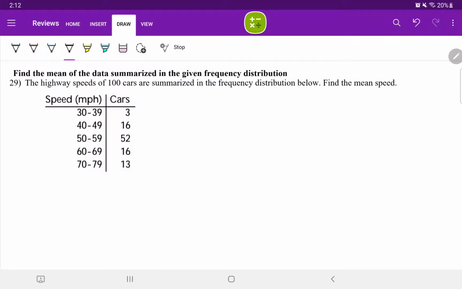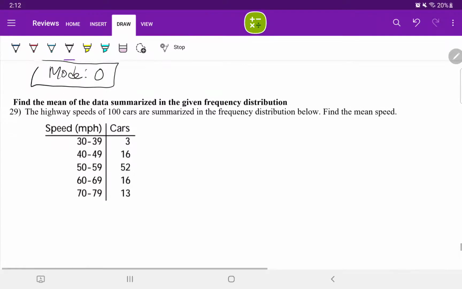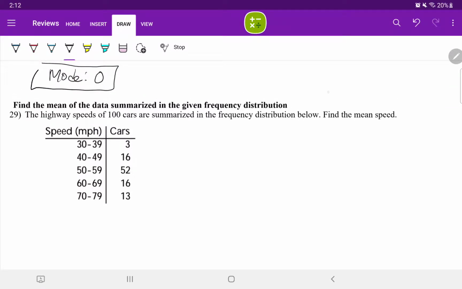Number 29. Find the mean of the data summarized in the given frequency distribution. It says the highway speeds of 100 cars are summarized in the frequency distribution below. Find the mean speed. To find the mean of a grouped frequency distribution, I'm going to write it above here. That is equal to the sum